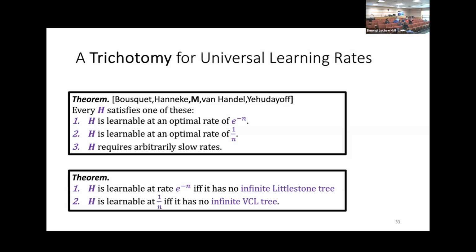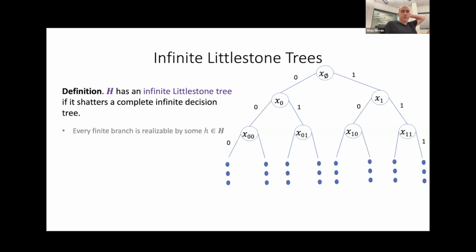Okay, good. So now I want to discuss the combinatorial object that characterizes those classes that can be learned at an exponential rate. So you want to say that this is a generalized notion of VC dimension, I guess. Yes, it does. It generalizes. We will discuss soon exactly how it does.